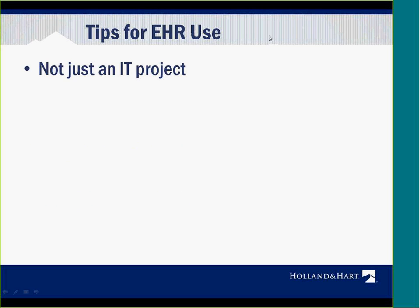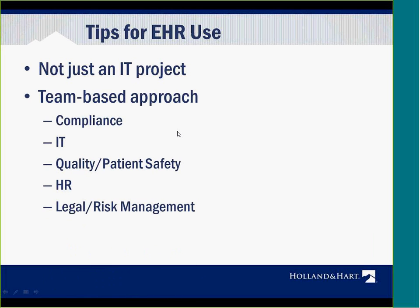In EHR use generally, I'd like to definitely highlight what many of you probably have realized as you've begun to have EHR more and more frequently used in your organizations. Though this is a technological advancement, this is not just an IT project. Putting an EHR system in and implementing EHR is really a team-based project,